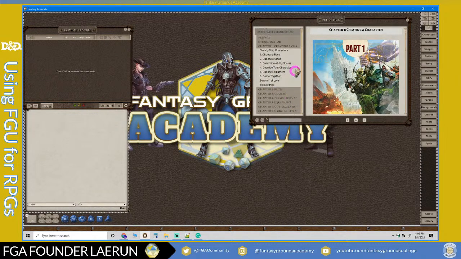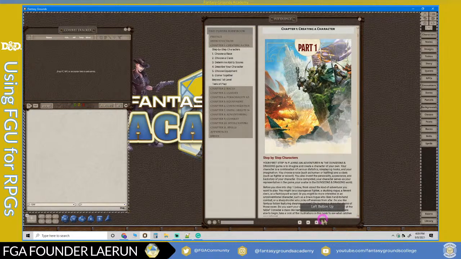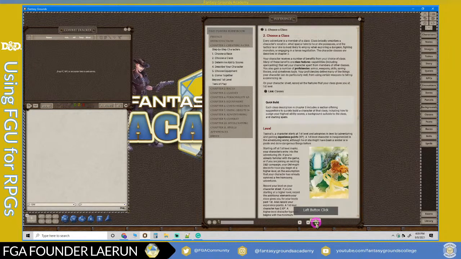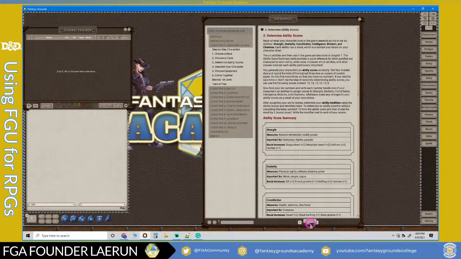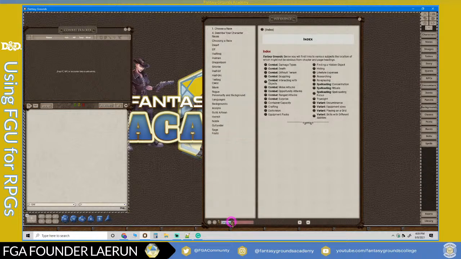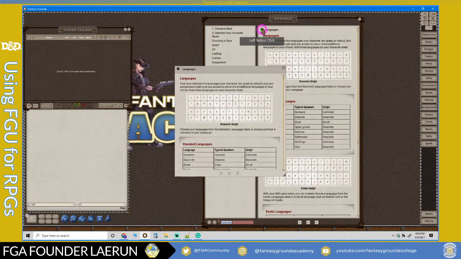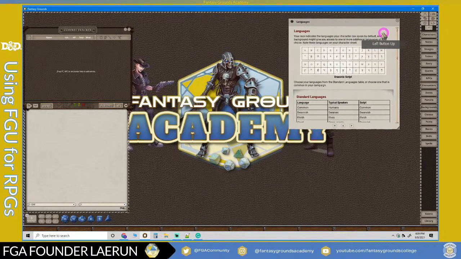And like I said, if you want to go through the reference manual, this is basically like the book. You have your direction arrows where you can switch pages. If you hit the up arrow, it'll take you to all the appendices. And if you want to search, let's say languages is something that you might want to look at, if I type languages and hit enter, here's an entry for languages. You can pop this page out of the reference manual, and you can use this as a floating